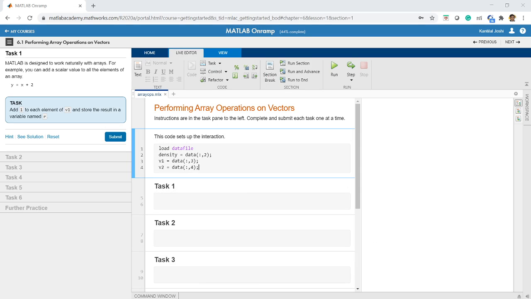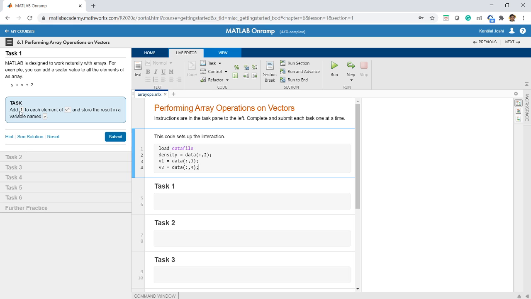We are learning with MATLAB on ramp, and today we'll move on and study more of the array operations on the vectors. Please remember one thing, that MATLAB is naturally designed to work with matrices or arrays. For example, if you want to add a number to all the elements of an array, all you need to do is to simply say plus and that value. For example, if y is a matrix, it can be of any size, 10 by 10 or whatever. If you want that every element should be increased by 2, then you simply say y is equal to x plus 2. Okay. So let us do some task and understand.